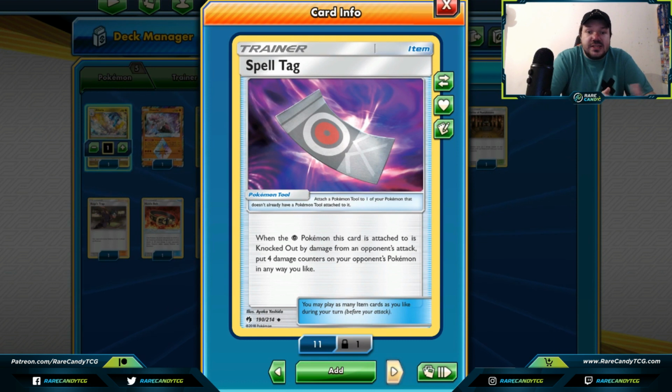And on this list here, we got Spell Tag. It has to be attached to a Psychic Pokemon that's knocked out by damage, but when that happens, you put 4 damage counters on your opponent's Pokemon any way you like. So I've actually been playing in the post-rotation metagame between Ultra Prism cards all the way up to Unified Minds, and this card's absolutely a beast because we do lose Field Blower in the rotation,